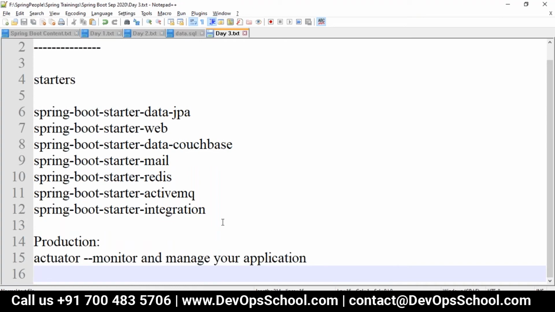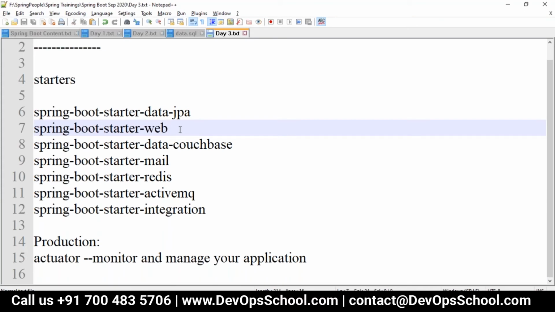If you want a remote shell to monitor and manage your application, we can go with the starter remote shell, but it is deprecated from 1.5. And there are some other technical starters. By default, whenever we add the starter web, the container is built in with Tomcat or Jetty.